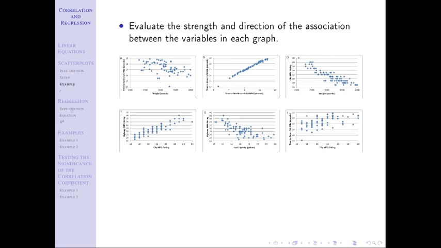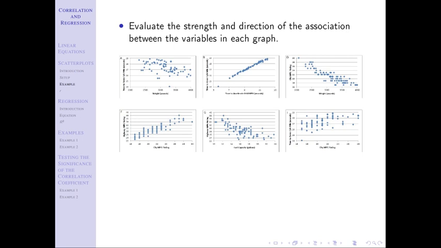I think it's pretty straightforward which ones are negative and positive. Then we just have to think about strong, moderate, weak. Again, strong means all the points are really close together. Weak means the points are not. So if we think about the positive points, B is positive and looks very strong. F is positive as well as I. I looks weaker than F, so I would say I, F, and B are the positive ones, where I is the weakest, B is the strongest.